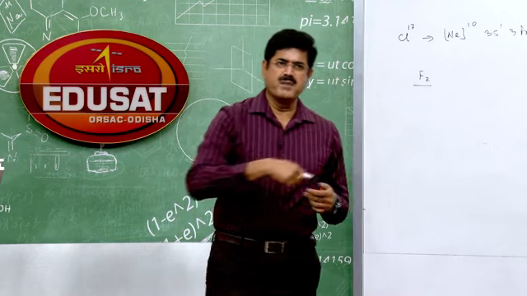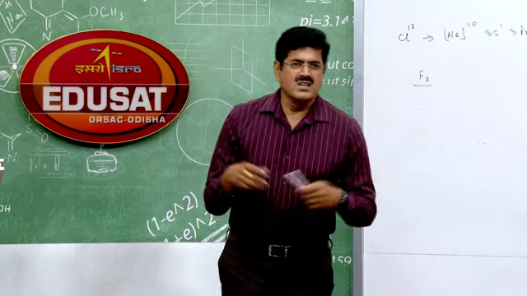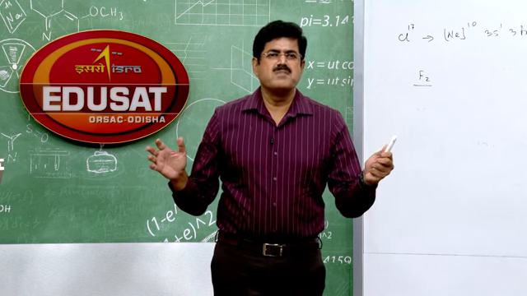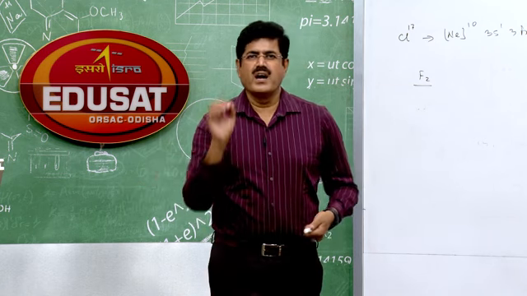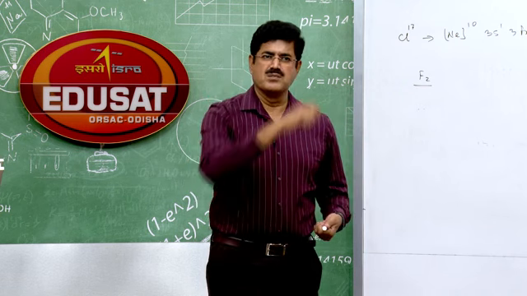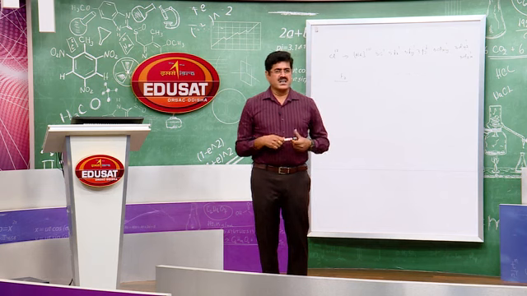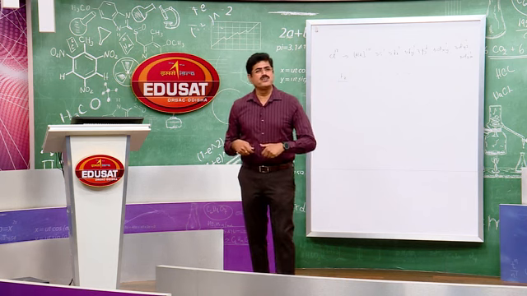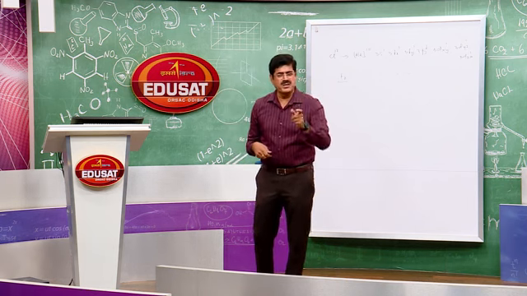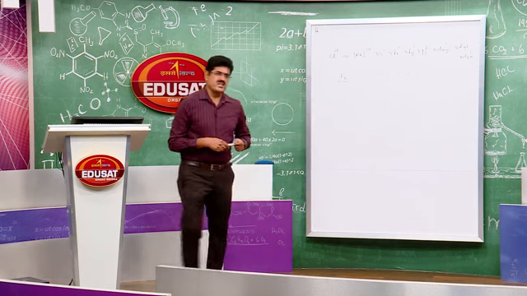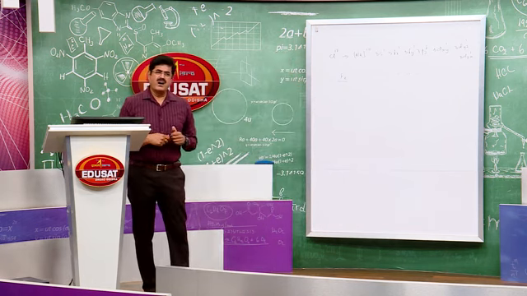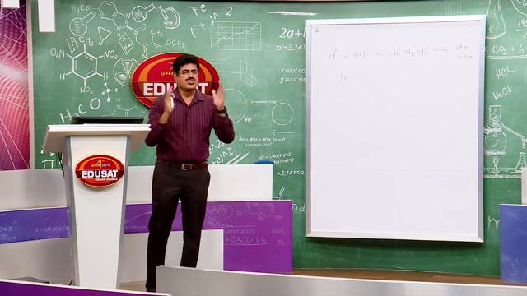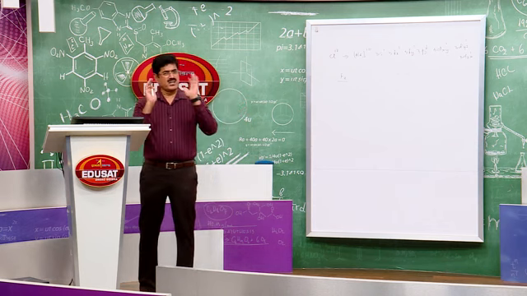The order of reducing power is just the reverse. Reducing power means the substance can be easily oxidized. Which are easily oxidized here? The I minus is the strongest reducing agent. That means I minus can be easily oxidized. Why? Because of highest oxidation potential. The order is I minus greater than Br minus greater than Cl minus greater than F minus. This is the reducing power of halide ions. Oxidizing power of halogens: F2 greater than Cl2 greater than Br2 greater than I2. Very important, students. You have to remember this: arrange the halogens in decreasing order of oxidizing power. Answer: F2 greater than Cl2 greater than Br2 greater than I2.